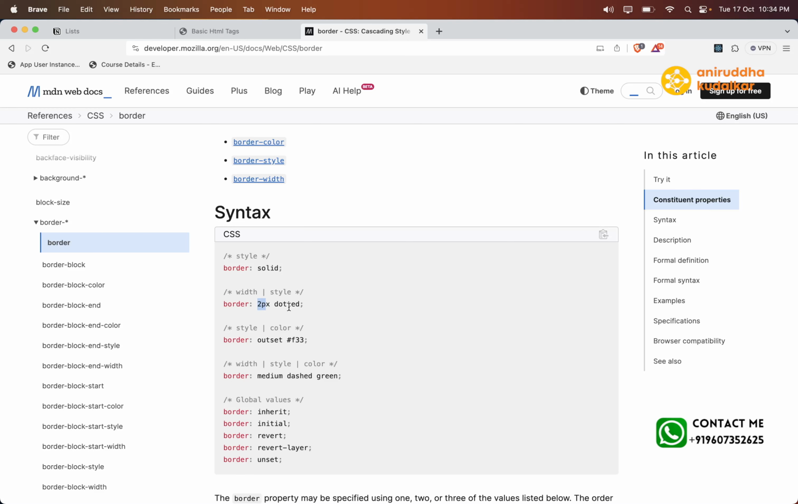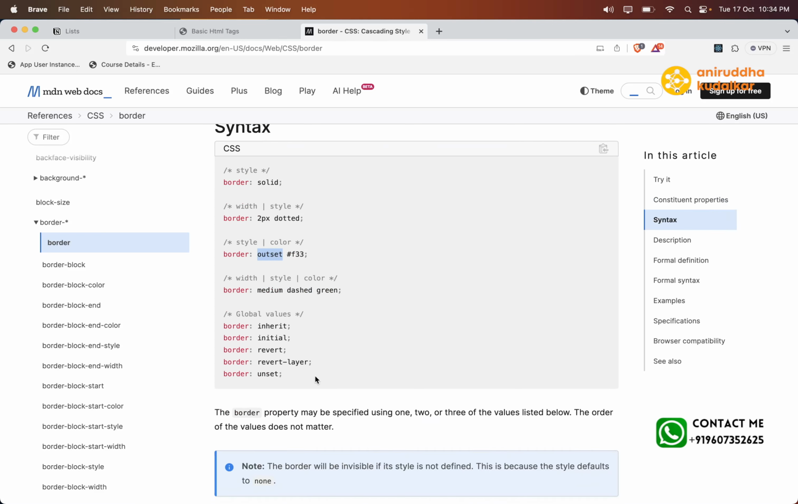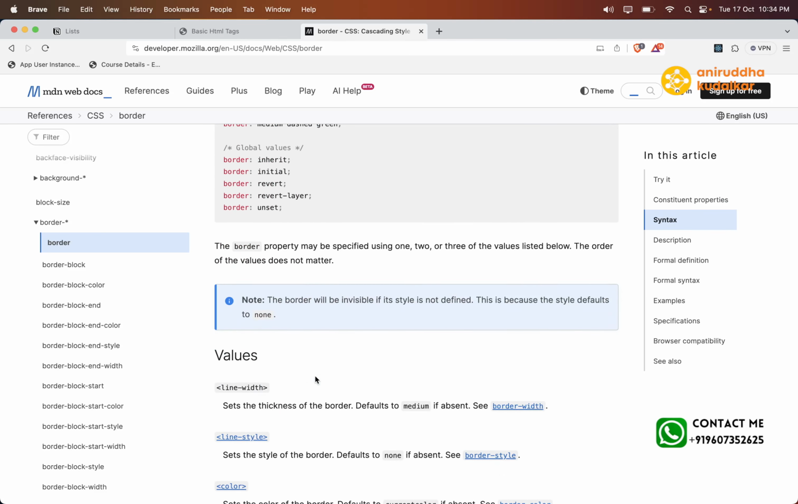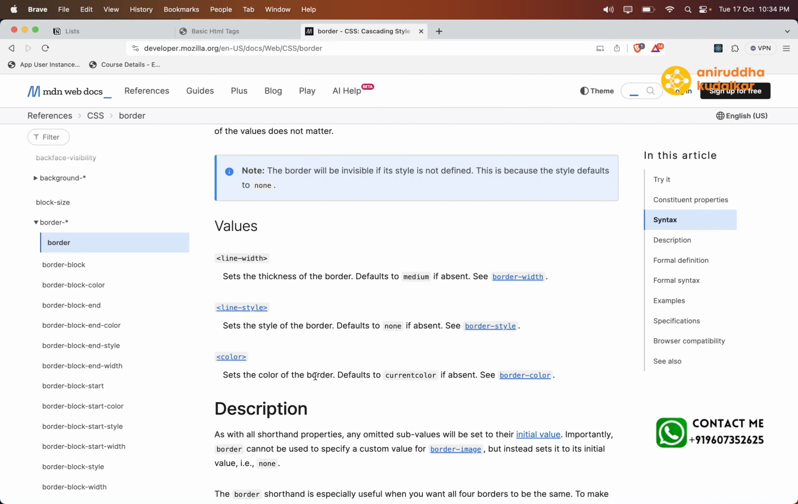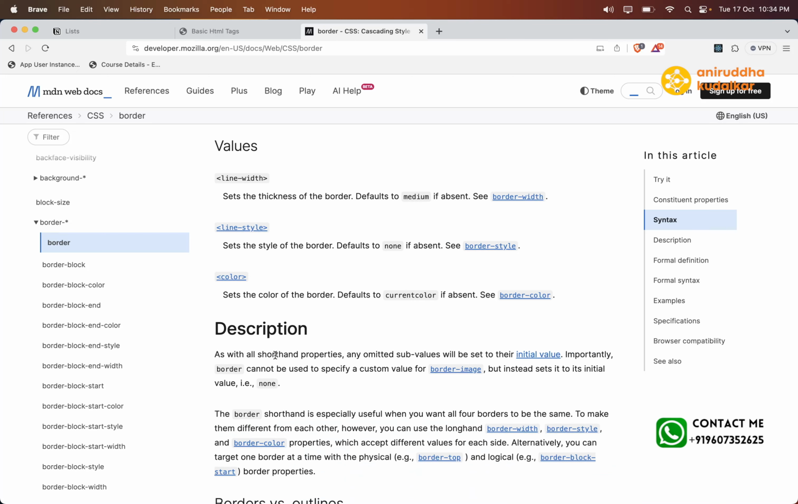Can you see 1px dotted outset? This is also a type. With all shorthand properties, any omitted sub values will be set to their initial values. Importantly, border cannot be used to specify a custom value, for example, border image, but instead